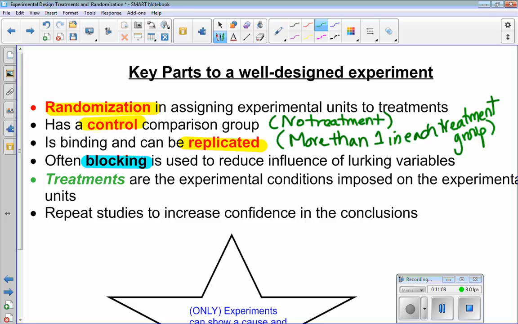Now, how do I know what's enough? I don't know. That's kind of a tricky thing. But you just need to show that you have more than one person in each treatment group. Okay? Now,